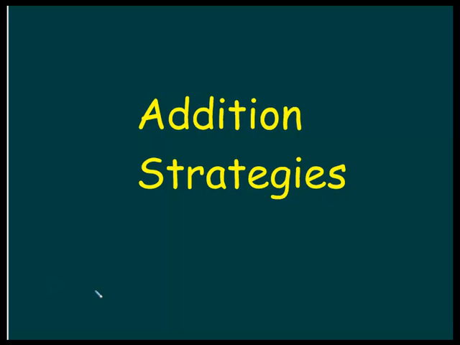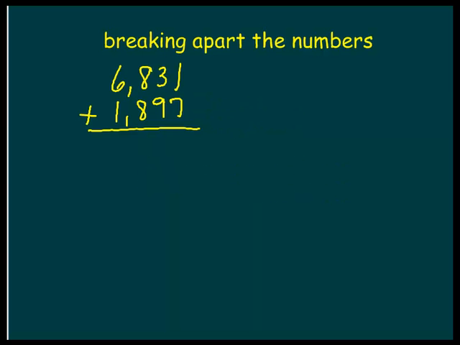In this video, we're going to talk about two different addition strategies. The first strategy we're going to talk about is breaking apart the numbers. What I'm going to do is start at this number right here, and I'm going to break apart my second addend, and I'm going to do it by place value. So first, I'm going to take the 6,831 and add in the 1,000 that I see in the next number,